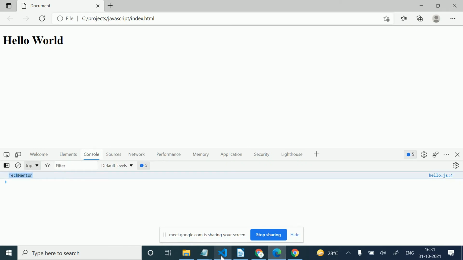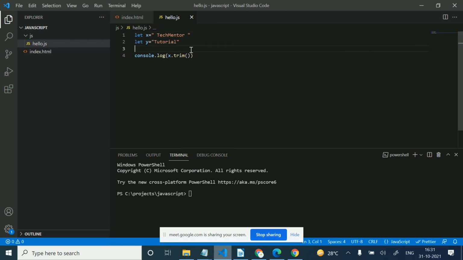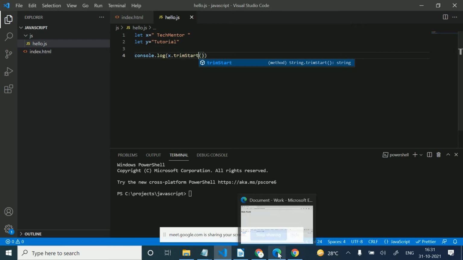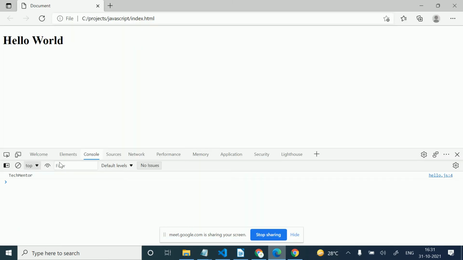There are two more functions related to trim: trimStart and trimEnd. If we want to trim only from the start, not from the end, then we add the trimStart function. Let's refresh.